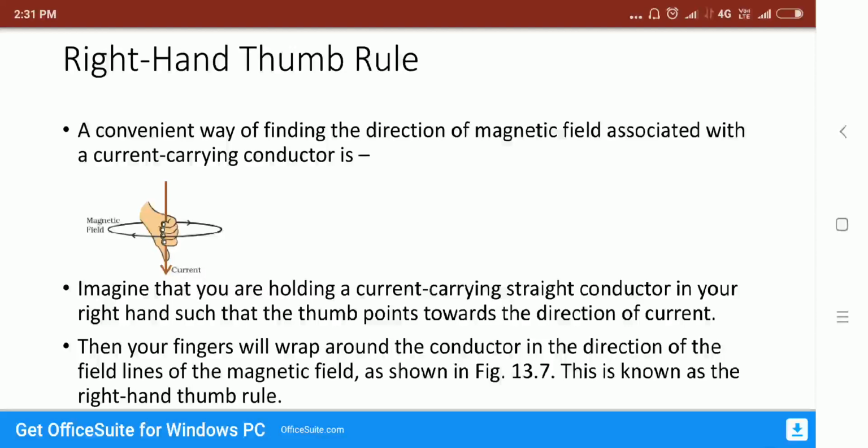This we can understand from the activity we performed earlier. While the current is flowing from north to south, my needle deflects towards the east, which means 90 degrees. And while the current is flowing from south to north in the reverse direction, the magnetic needle deflects towards the west side. So this is how the direction can be defined from the activity we have performed. Accordingly, the current direction and magnetic field line direction can be observed.